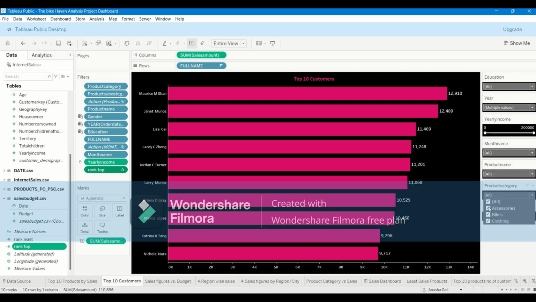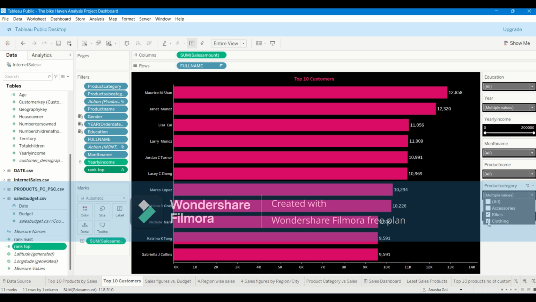If I untick the accessories, the fields related to bikes and clothing are shown. The one who bought the highest is Maurice Shan, the top customer, and the yearly income